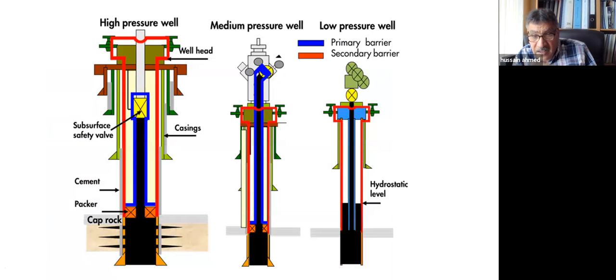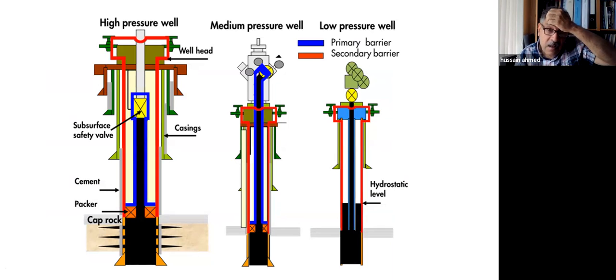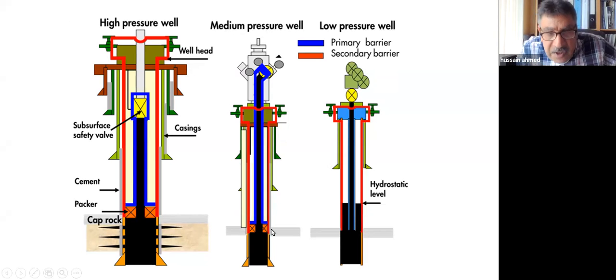So the wellbore looks like this. It could be high pressure, low pressure or medium pressure, and integrity is a factor in it. The blue and the red: the blue, within the wellbore, are called the primary barriers. The other barriers, secondary or general barriers, are the red ones. They intervene between them, because most of them, for example, are casing and cement and the production tubing, but the secondary ones can include the wellhead as well.